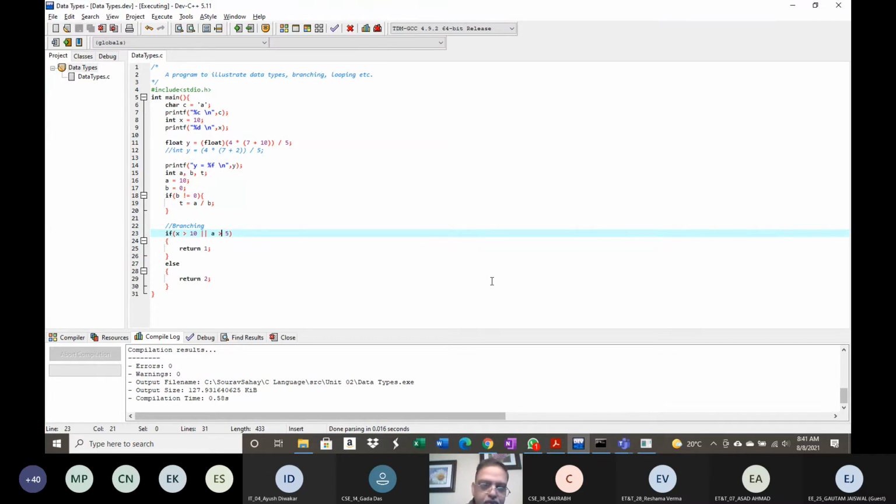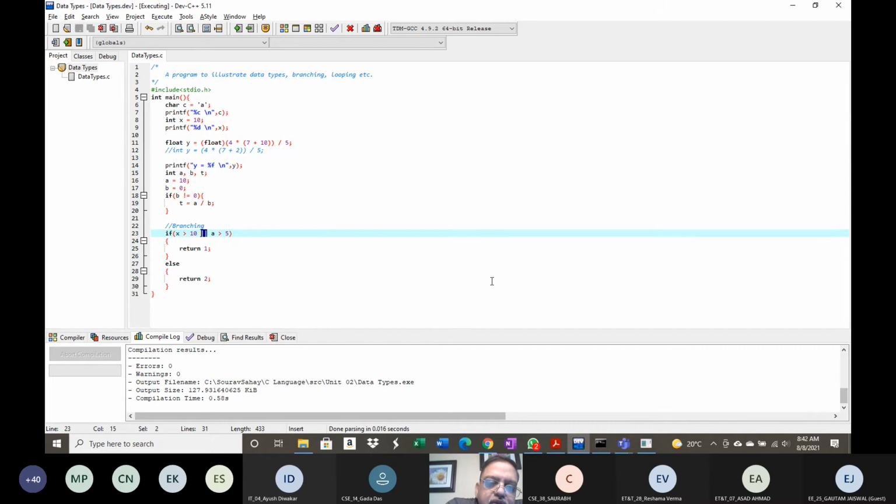Now we come to the other operator. This is the OR operator. It is a logical operator. It takes two operands, so it is also a binary operator. What is a binary operator? Something that takes two operands. We will come to the ternary operator later on.